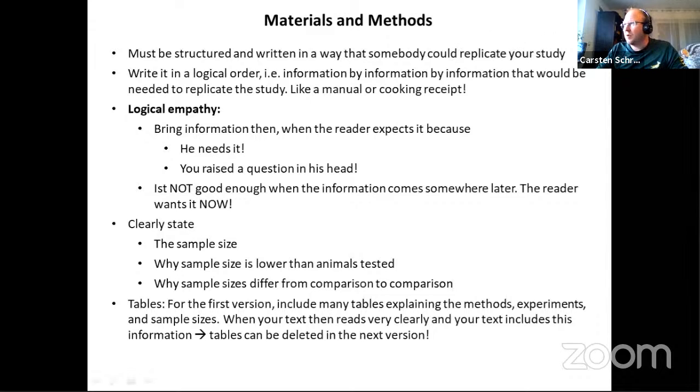Anybody has some questions to this part of the manuscript? Okay, then